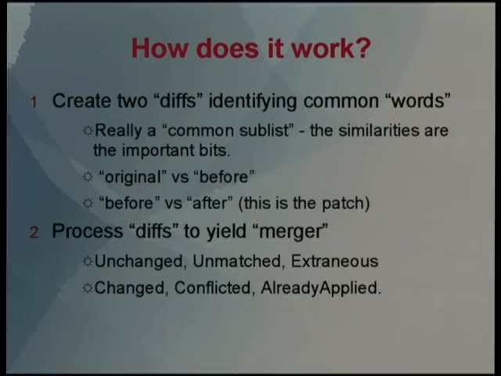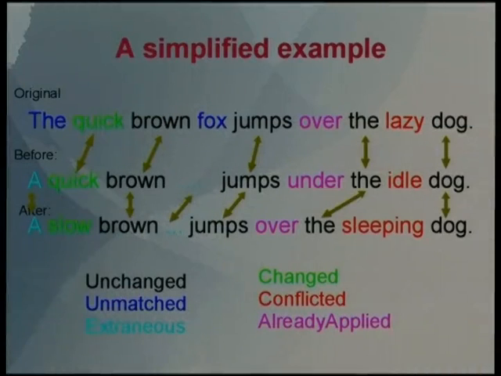So it takes a patch and it breaks it into two bits, the before bit and the after bit. So all the context and all the minus lines are in the first bit, and all the context and all the plus lines in the second bit. Then it does a diff between the original and the before bit, and rediffs the before bit and the after bit. And then it kind of lines them all up and produces 6 different sorts of mappings, as we'll see in this pretty picture that I've got. So here we have the original file. The file I'm being patched contains this one line: the quick brown fox jumps over the lazy dog.